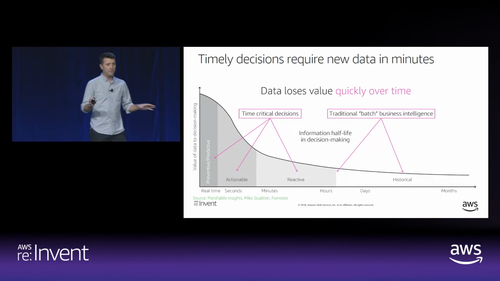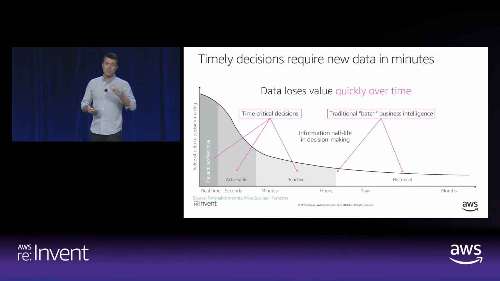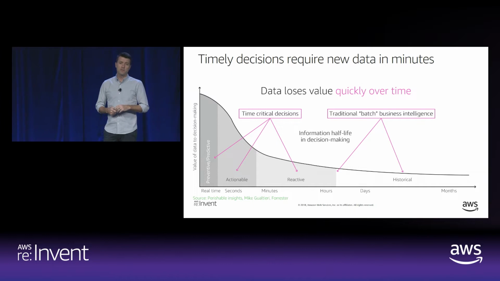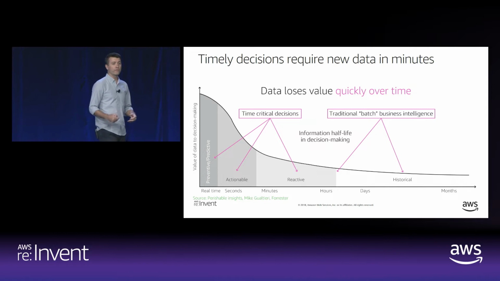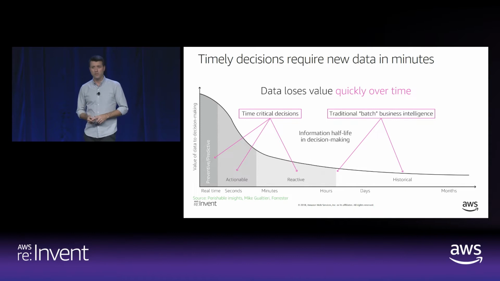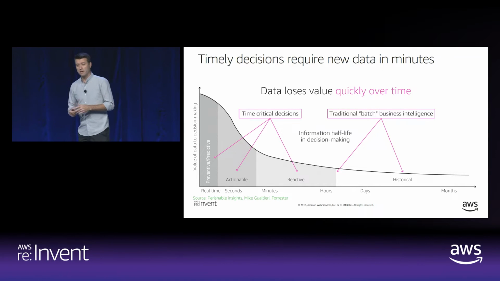just not value that you can generally use to make a time-critical decision. A very simple example, and probably some of you have experienced this since you got to Las Vegas, you swipe your card somewhere and you get almost an immediate text message or notification from your credit card provider, right? They've got some kind of real-time analysis happening on all the transactions in their cards, and they're looking for fraudulent activity. They might say, oh, suddenly you're in Las Vegas and your card has been swiped at this ATM to get out a bunch of cash, or you use it at this restaurant, whatever it might be, and they've alerted you, and you can reply, yes, it's good, or no, that wasn't me.